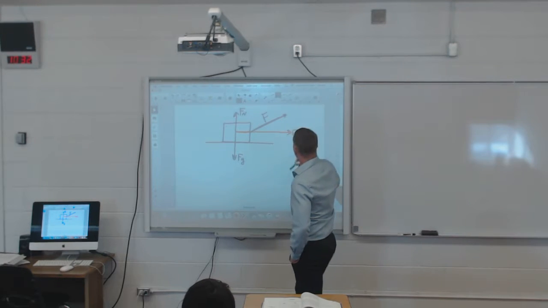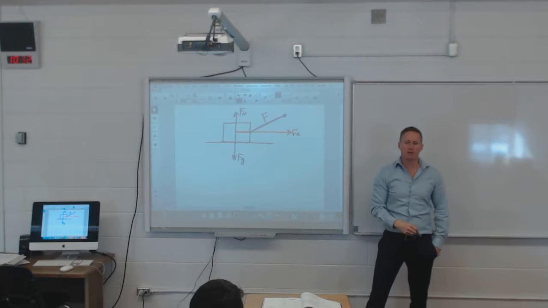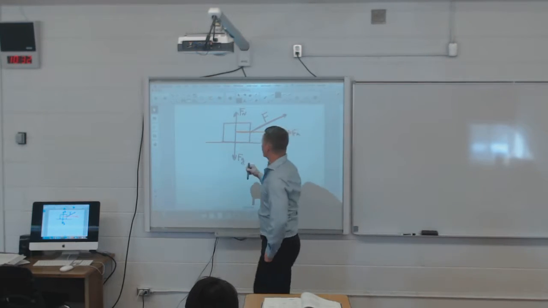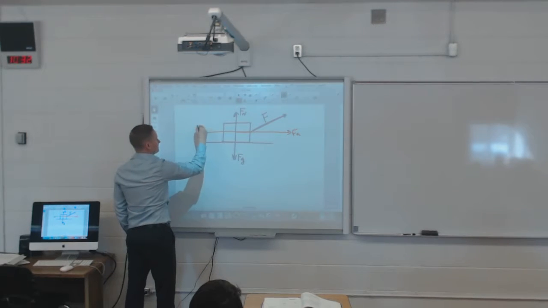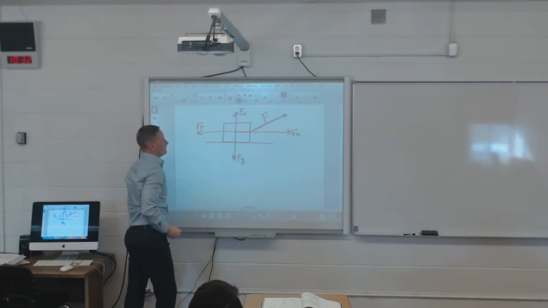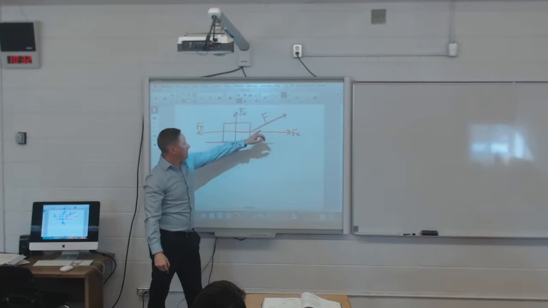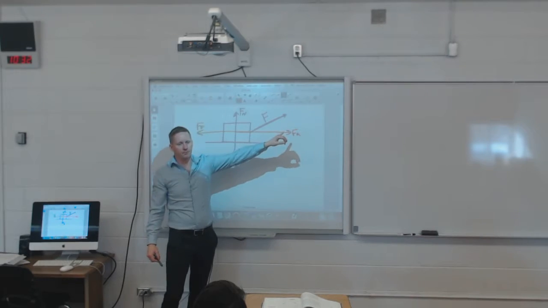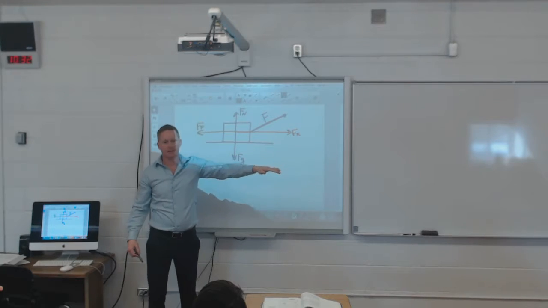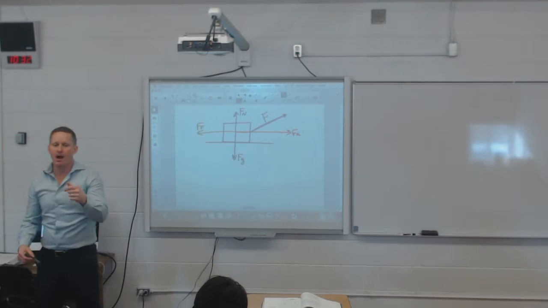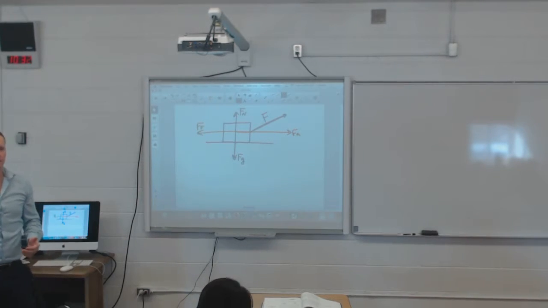So your applied force is going to be in the direction of motion. What is going to affect that force? What's going to hold it back? Friction. Force of friction. Just like that. Even though I'm pulling on that handle in that direction, the motion is still that way. Is there going to be some upward force?